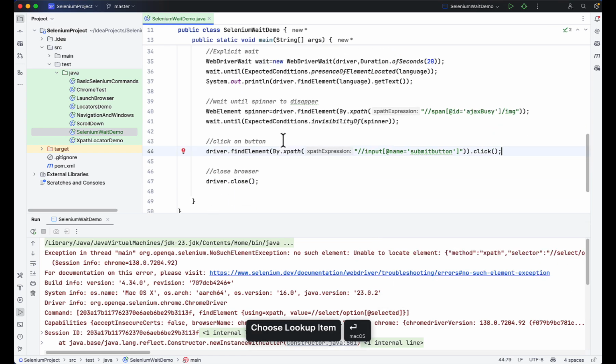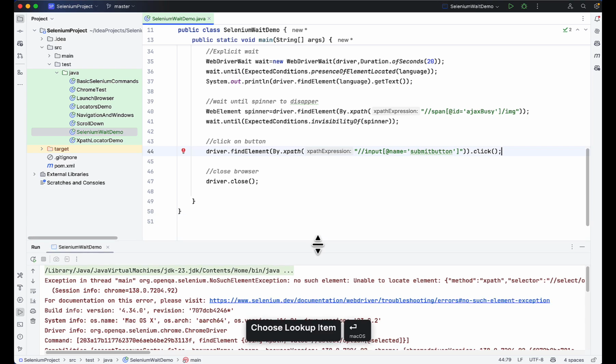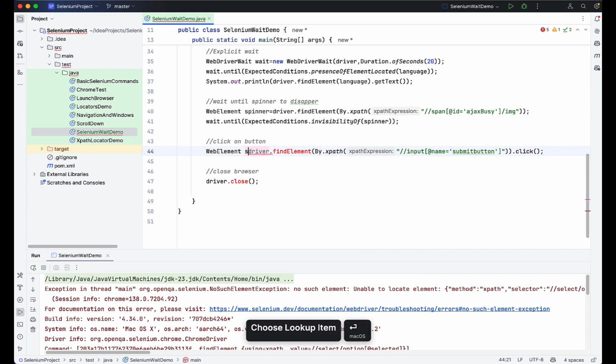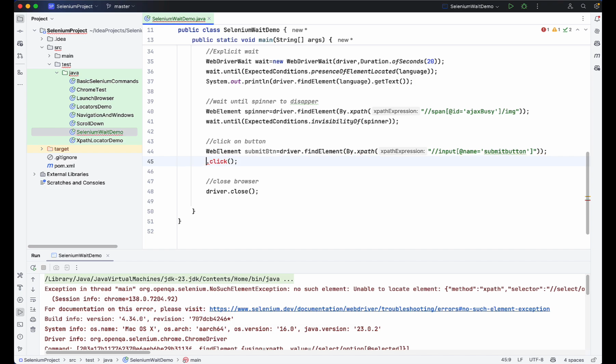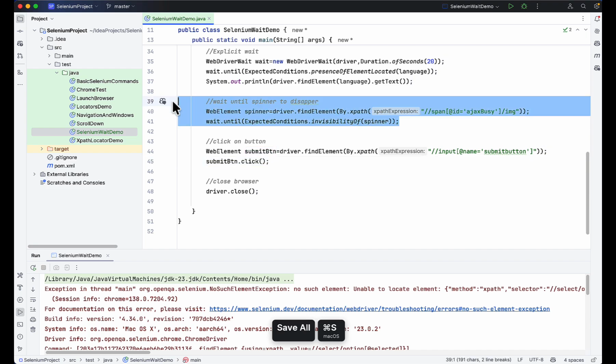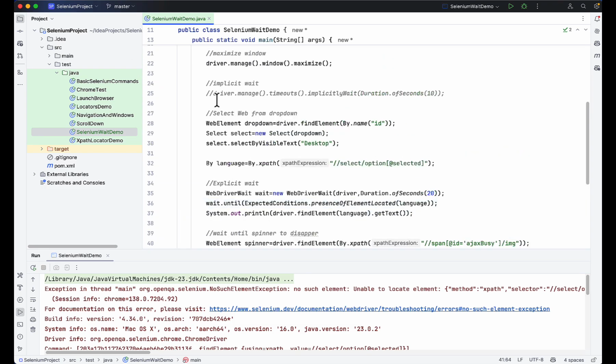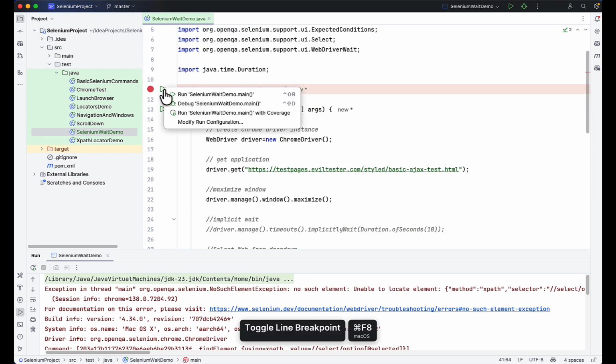Or if you want to store the element and then click, that is also possible. On the left side you need to write a web element submit button equal to, and you can perform the click later. Let's say submit button dot click. This will also work. So this is how the explicit wait will help you wait for the spinner to disappear and only then click. So let me run this one,